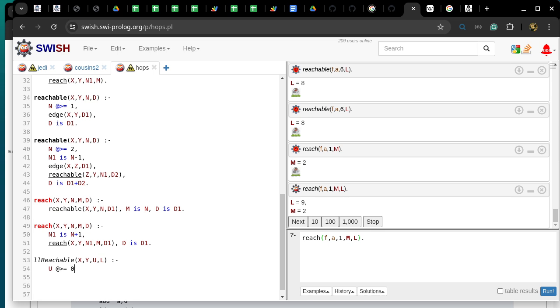The question is, do I want it to be greater than 0, or greater than or equal to 0? We'll try greater than or equal to first. That means I might still be able to find a path between x and y meeting the upper bound limit. Once this requirement is satisfied, then I would go ahead and use the same approach here,